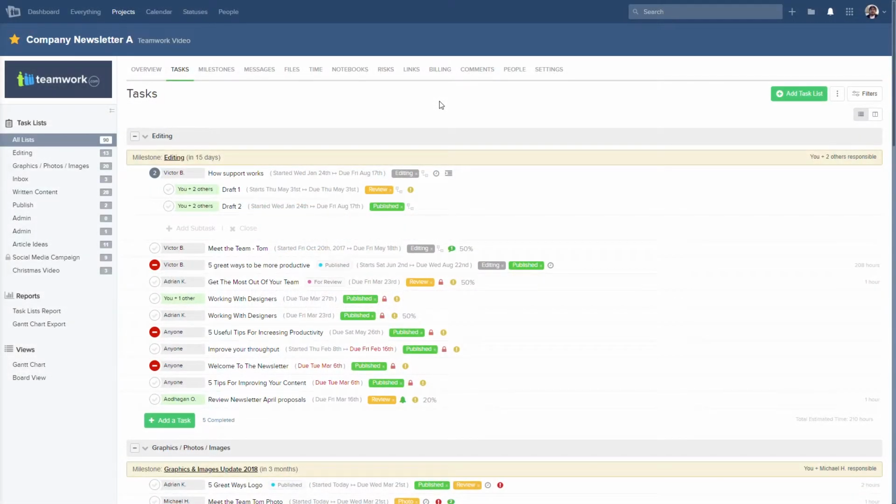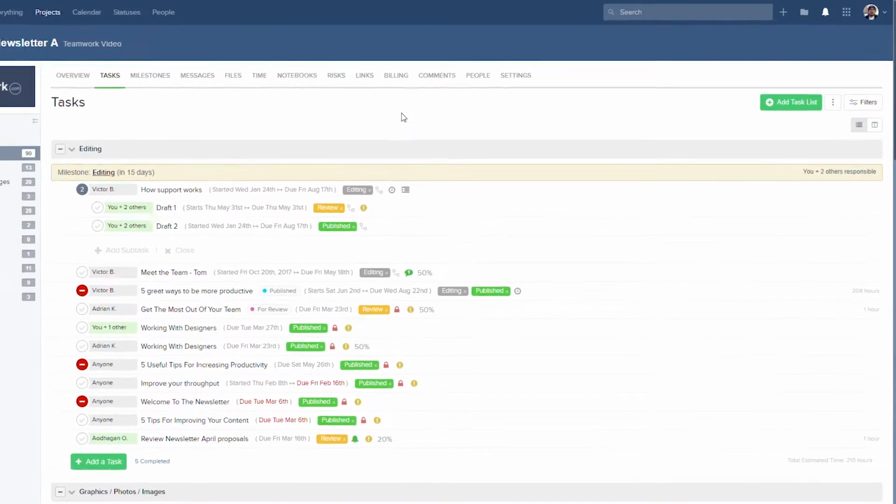If you find yourself frequently recreating task lists in Teamwork projects, you can save yourself lots of time by implementing the task list templates feature. This allows you to save and reproduce the structure of a task list and additionally customize each iteration of that template. So to get to our task list templates, if we're in the tasks tab,